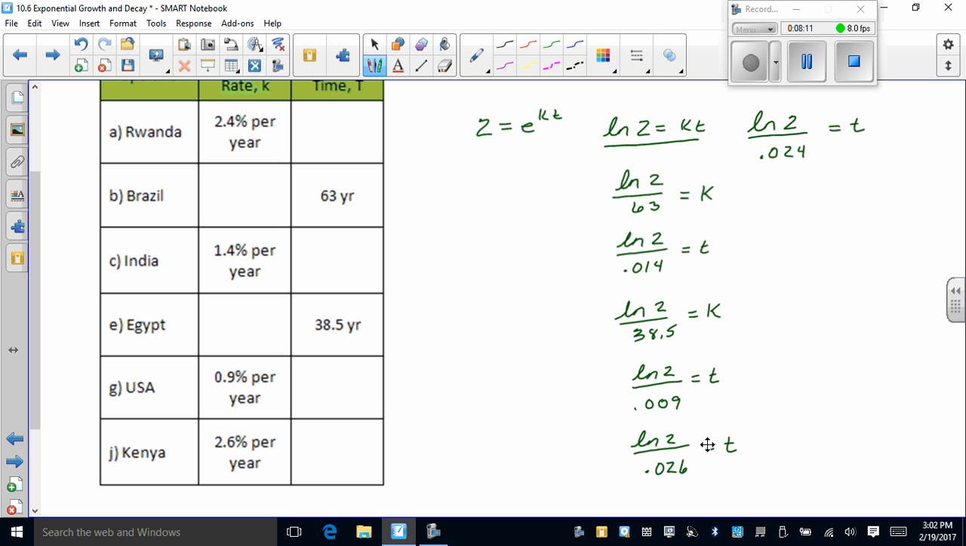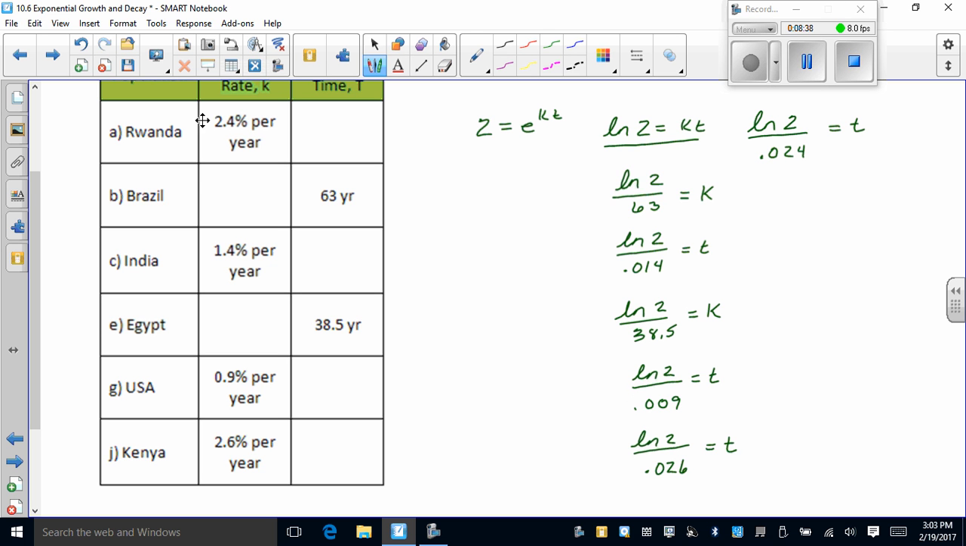2 equals e to the kt. We got this equation from the last problem. Convert to natural log, so natural log of 2 base e equals the exponent of kt. But on the very first one, I wanted time, so I divided by my k value. I wanted k, so I divided by my t value, and so on and so forth. You put these in there, then this one is going to be